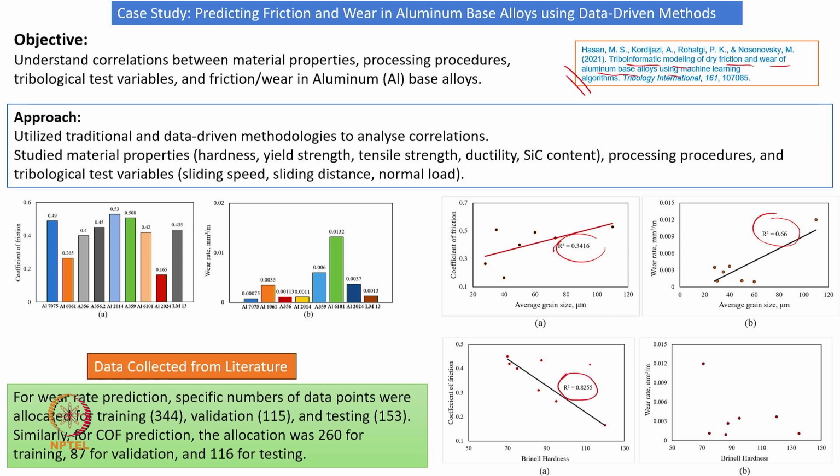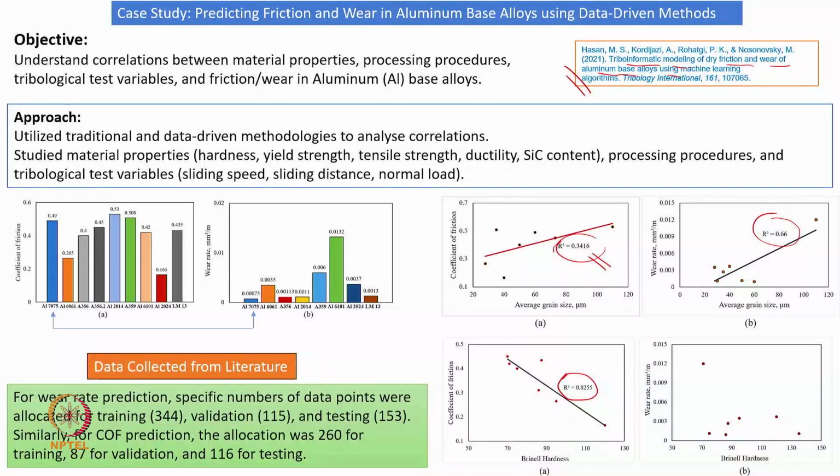One is that this is a linear relation. Second thing is R square itself is a very low value. We cannot go with such a low value. And second thing is that, as I mentioned in an earlier lecture, we need to go with multi-objective optimization. So I talked about that in lecture 10 and lecture 19 also, and I'm trying to show the same thing here. Now you can see here aluminum